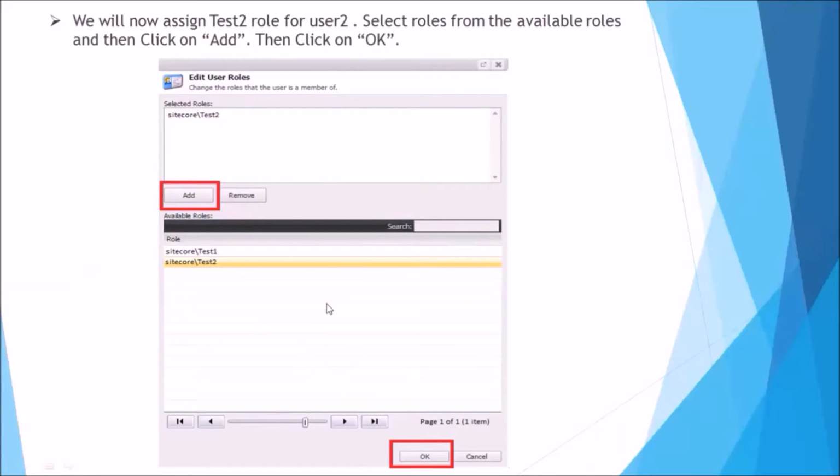When you click on edit, down here, there is a section called available roles. There are two roles already created in Sitecore, which are test1 and test2. Over here we have clicked on test2, then we have clicked on add and then clicked on the OK option.